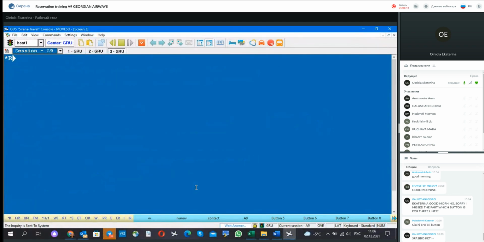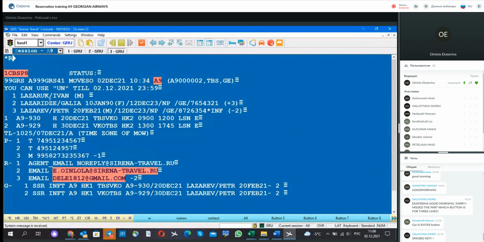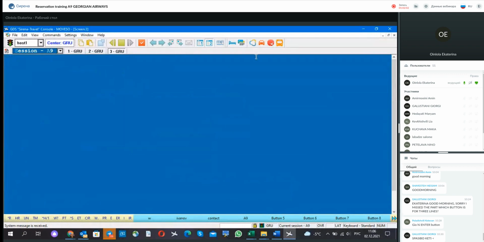Well, the second. What about the first passenger? Before ticketing, we should add passenger data in passenger line. We should add date of birthday and info about document. How to add